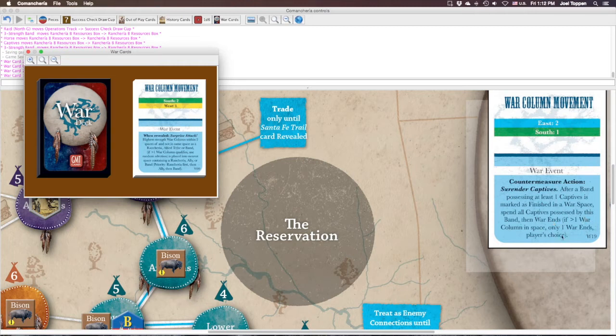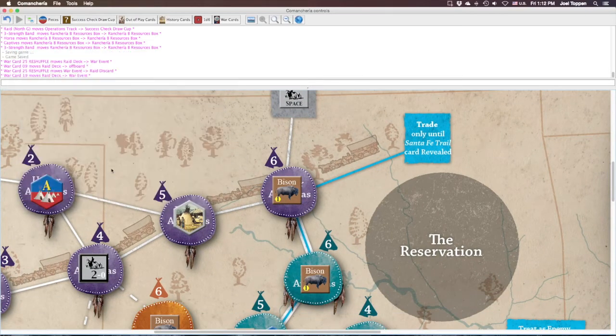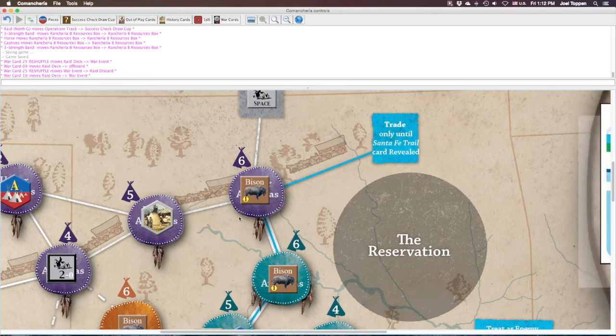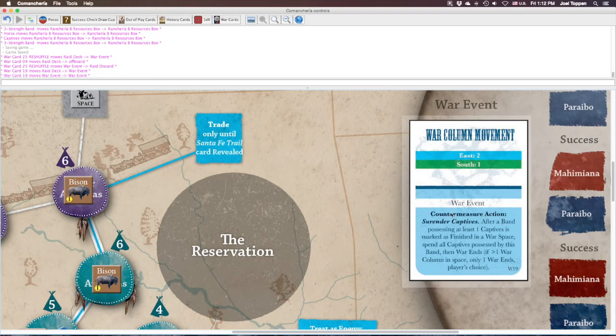And so if there's more than 1 war column in the space, only one of them ends. It is possible to have more than 1 war column in the same spot. And if that were to happen, then only one of the wars will end. You get to choose which one. So this is a very attractive event here for us. I'd have to do a take actions operation to make use of this, but it is an attractive option because